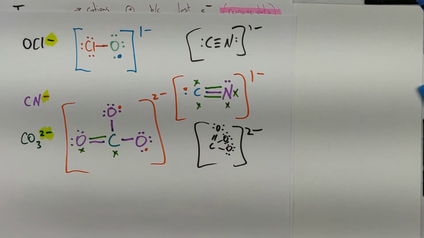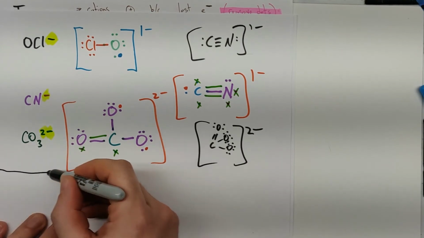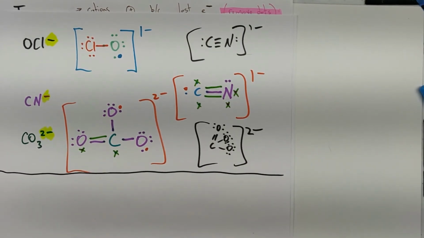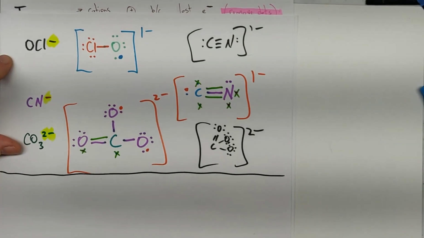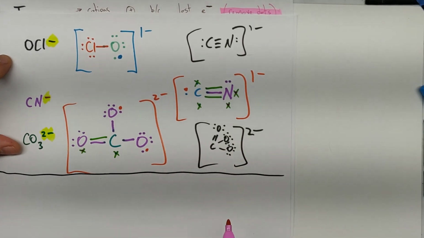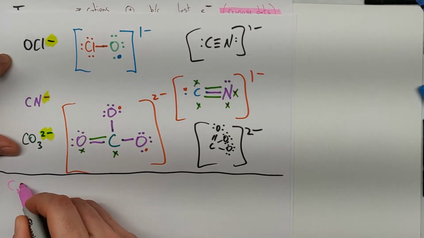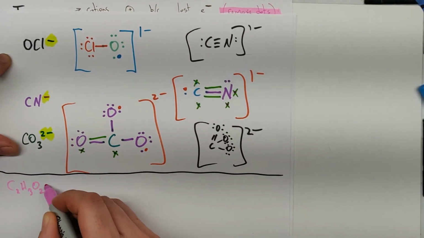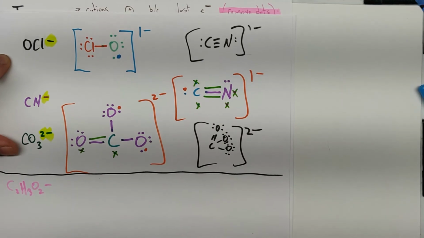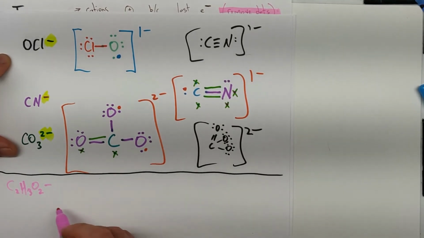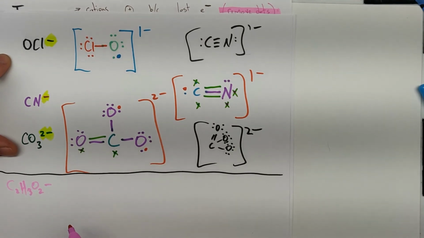I think a classic example of one that looks scarier is the acetate polyatomic ion. If you've ever had salad dressing or anything like that that has vinegar in it, when we talk about vinegar, it is dilute acetic acid, which is just the acetate polyatomic ion with an H on it. So the acetate polyatomic ion you may see written as C2H3O2-, and that's true. But when it comes to organic compounds like that, very often you're going to see them